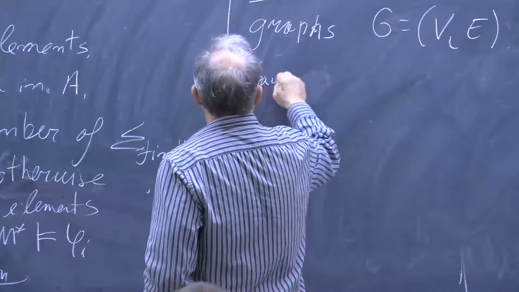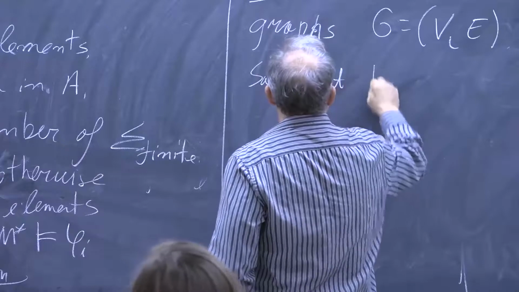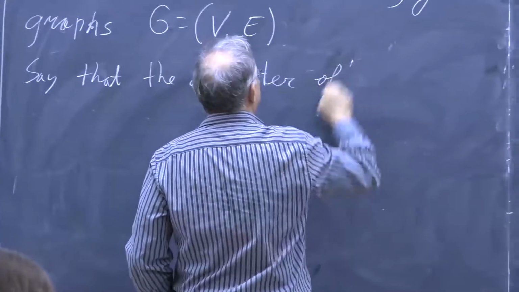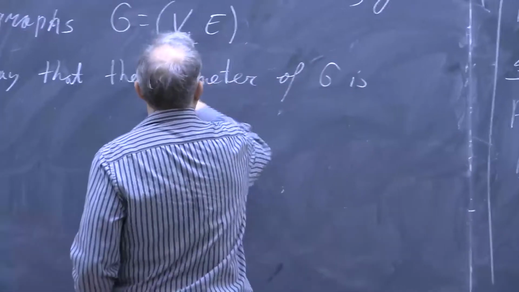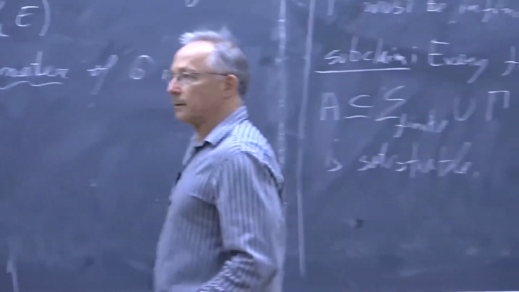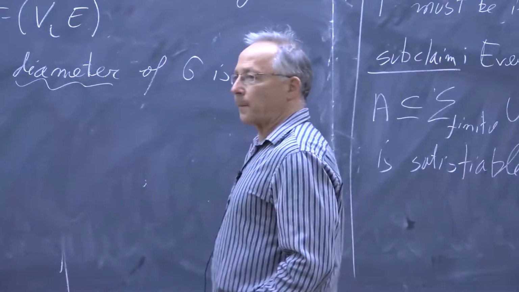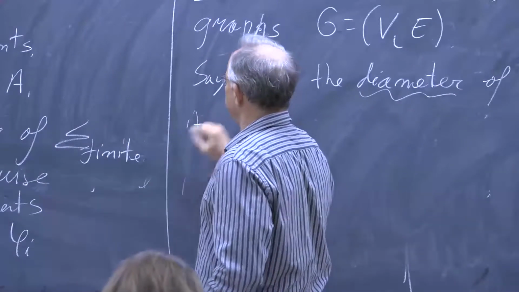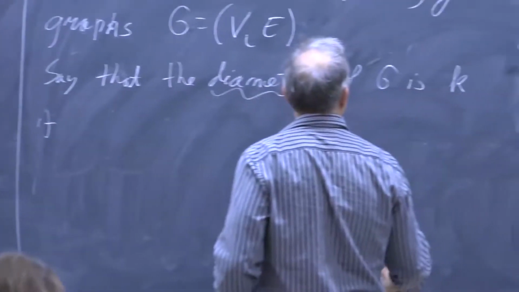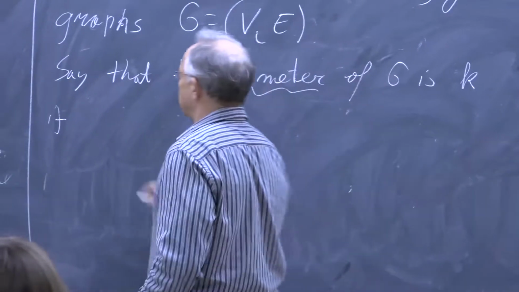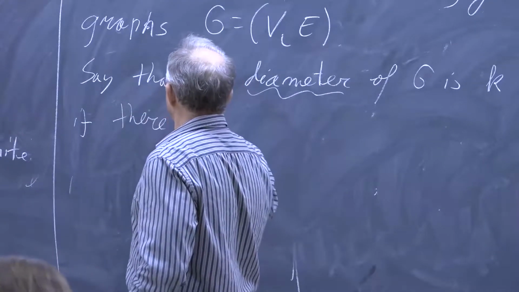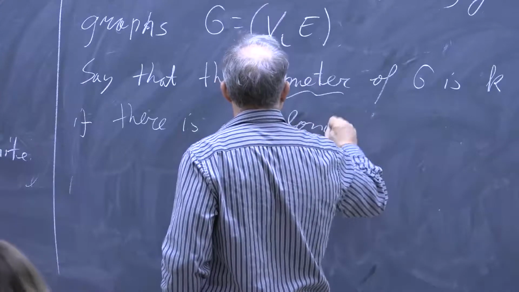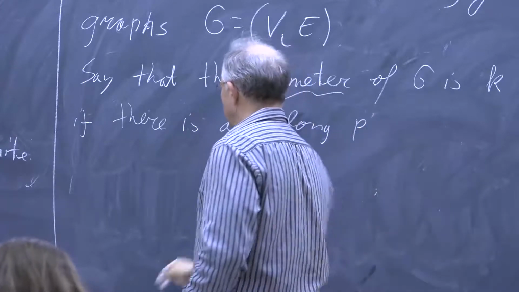So say that the diameter of G is at most K if there is a K long path. Okay, if